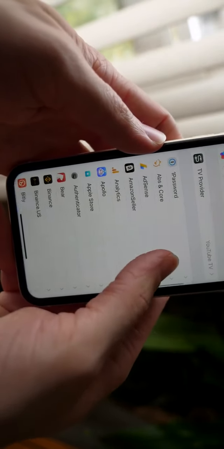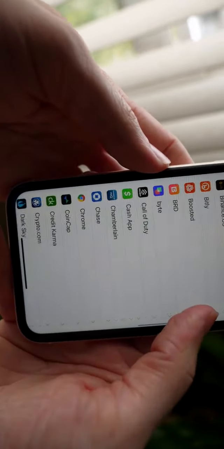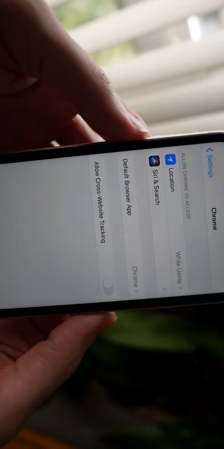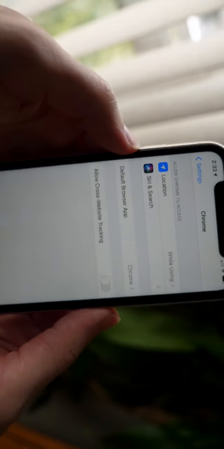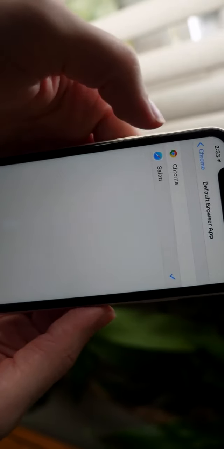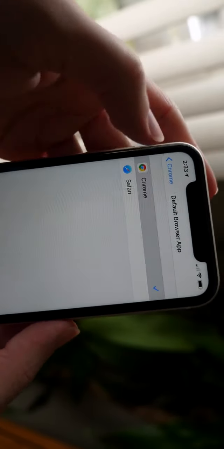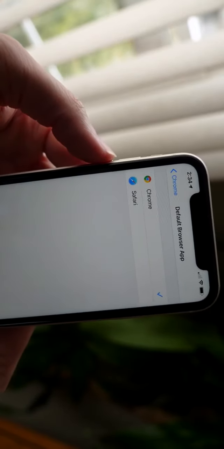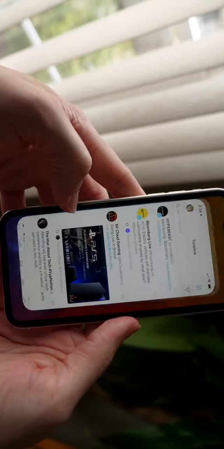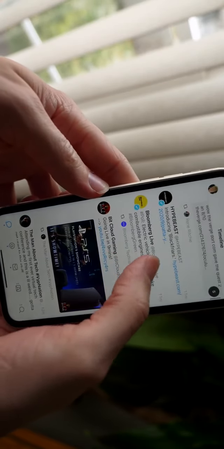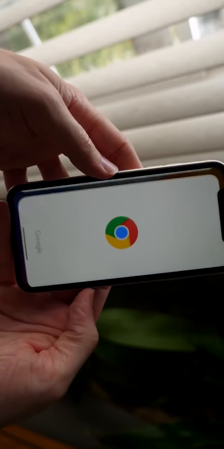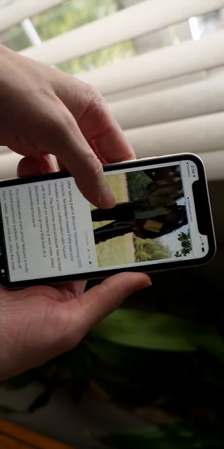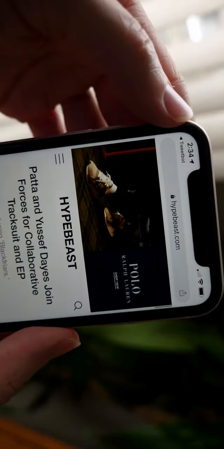After years of relentless lobbying, Apple has finally allowed default web browser changing. This is not Photoshop. I'm not making this up. You can now change your default browser from Safari to Chrome or a number of approved browsers that Apple themselves curates on the App Store. So now when I go onto Twitter or something and tap a link, watch what happens. Open in Chrome by default. This is insane. We have literally been waiting on this feature forever, but you can now change